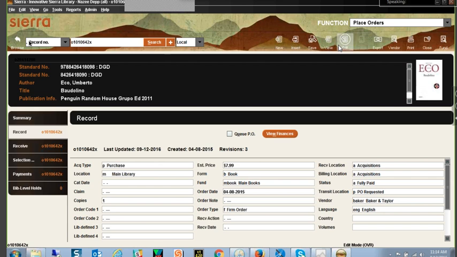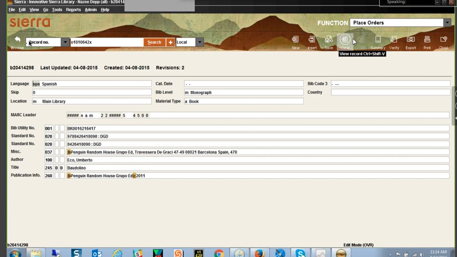Now, if I want to go back to the bibliographic record, the edit comes from the icons on the top. Now, when I'm looking at this record, I actually see this is not a very good record. I can go in